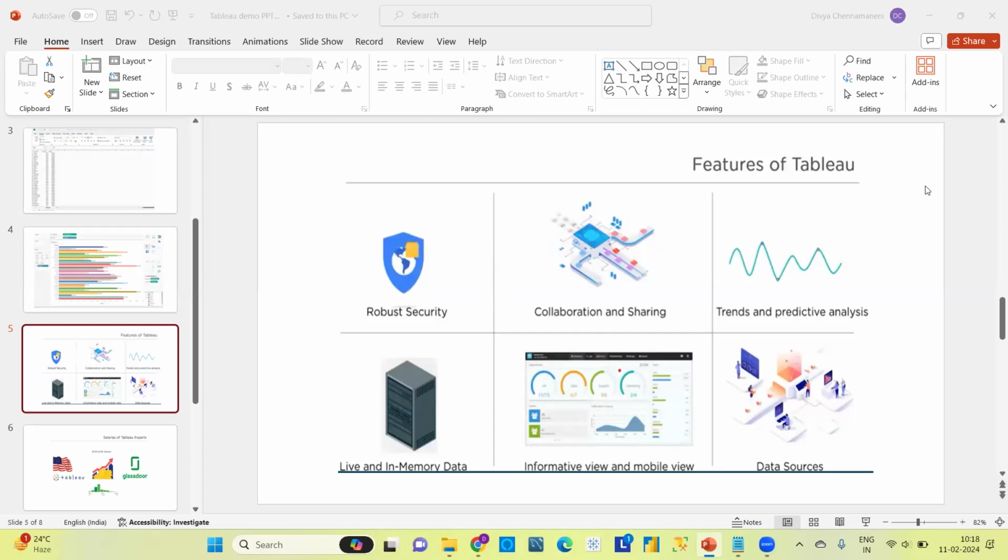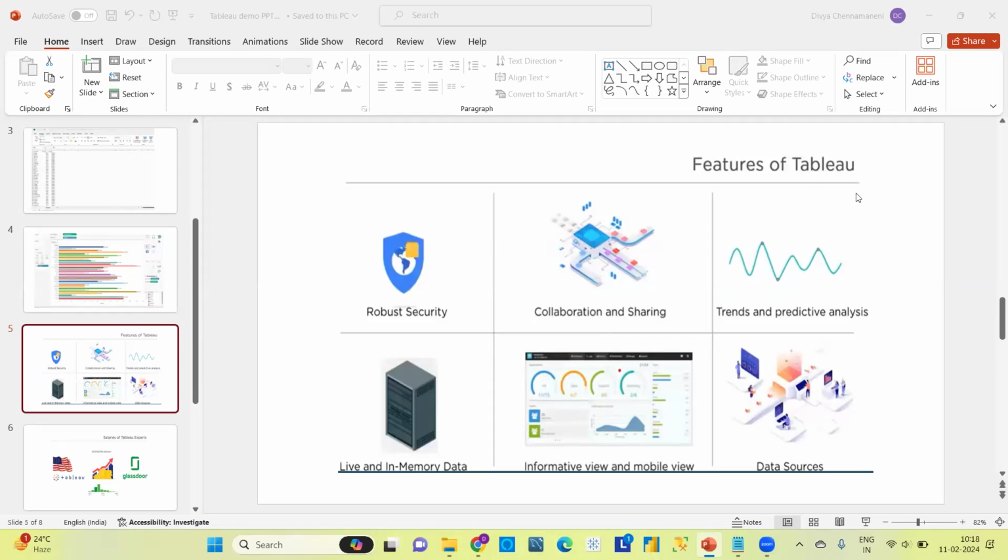So sharing reports is also easy in Tableau. We will learn about all the Tableau products in detail in the next class or maybe today. In our course, I will show you how to create a Tableau Online account, how to use it, and I will show you each and every Tableau product in detail. Okay.